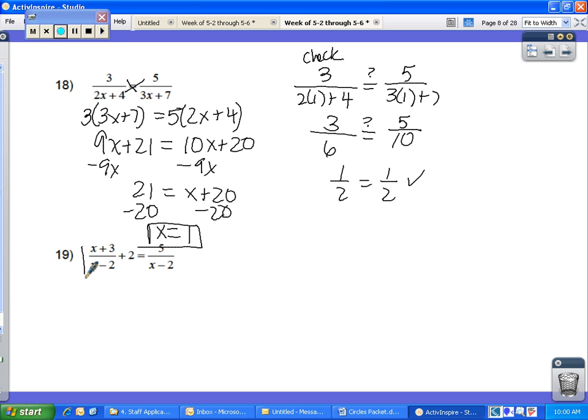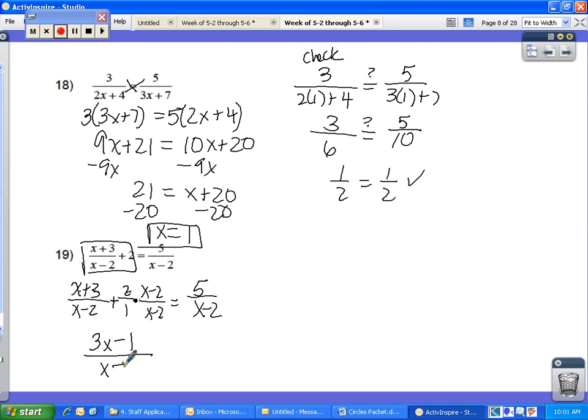Next one, let's get a common denominator over here first, which means I have to multiply the 2 by x minus 2 over x minus 2. So that means I have x plus 2x, which is 3x, 3 plus 2 times negative 2 is negative 4, is minus 1 over x minus 2. Now, what do you notice about these two fractions? That's right, they have the same denominator. So therefore you don't have to even worry about the bottom, and you just solve the equation